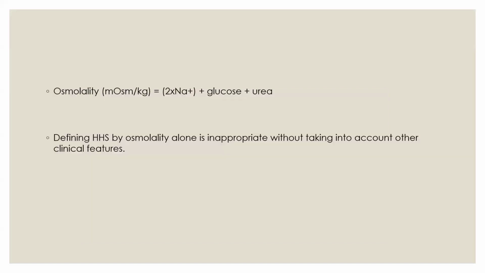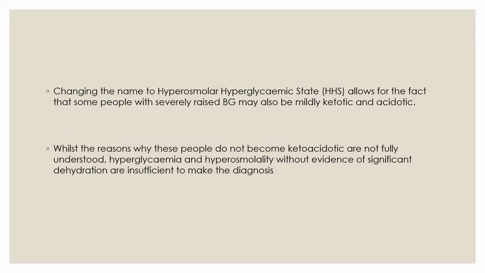So how to calculate serum osmolality? It is calculated by the following formula: 2 times sodium plus glucose plus urea. So defining HHS by osmolarity alone is inappropriate without taking into account other clinical features. So changing the name to